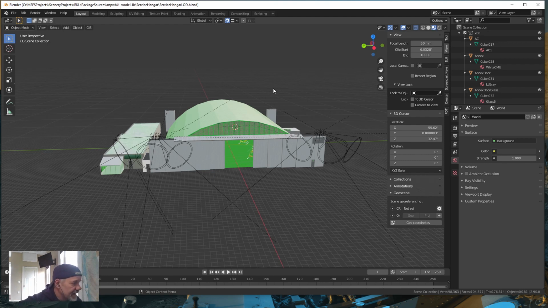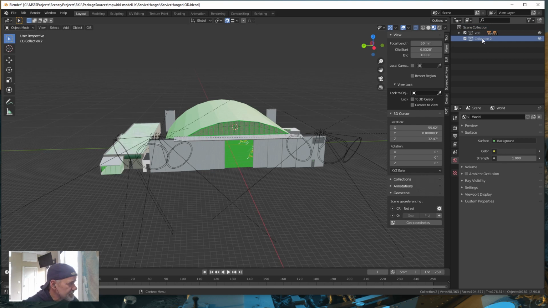All right. Now, we want to go to Scene Collection, right click, New Collection, and then I'm going to compress that folder again here, and I'm going to double click on this new collection that it created and call that X01. Okay, hit enter. So now we have two collections. Let's go back into X00